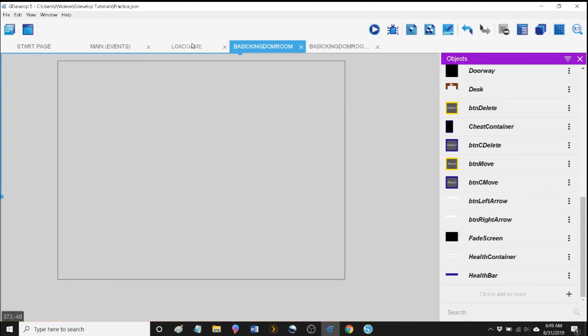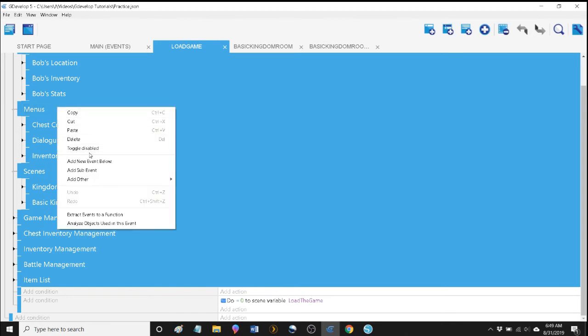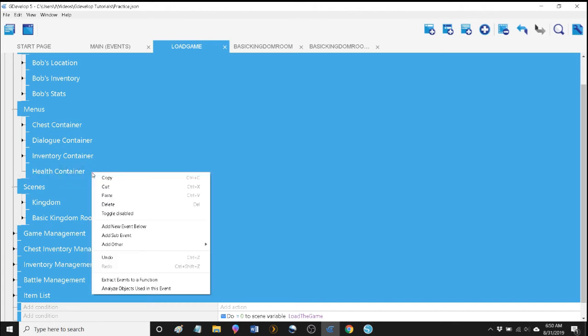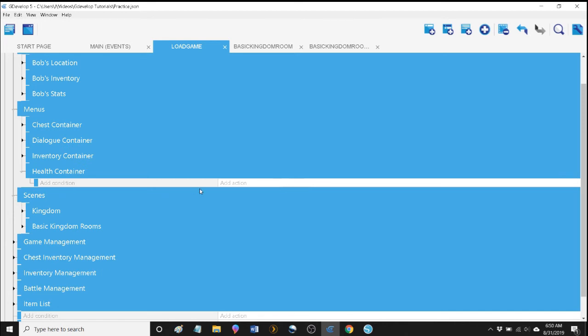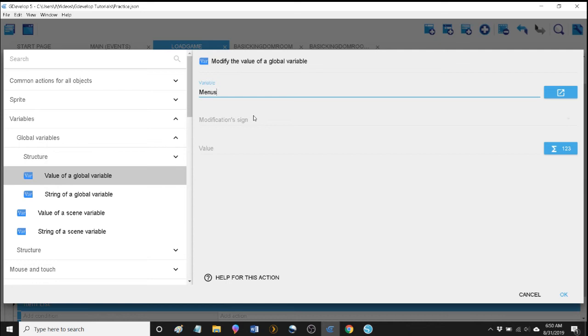and we're going to go into our load game, and we're going to make a new menus here, right? We're going to add another group here, and we're going to call this one health container. And let's add a new sub-event below that and start adding some variables here. And of course, right off the bat, we know we're going to need position variables, right? So that's going to be menus dot, and then we need two types here. We've got our health container, which is that white border,